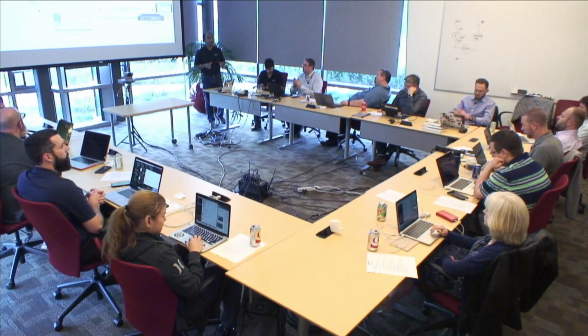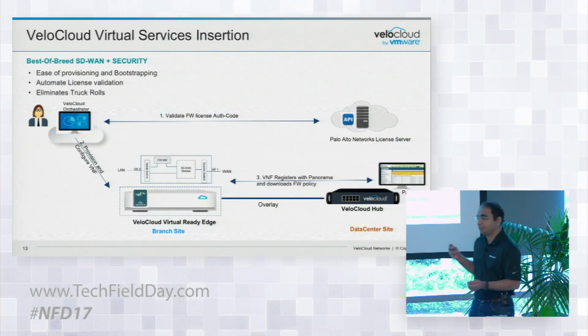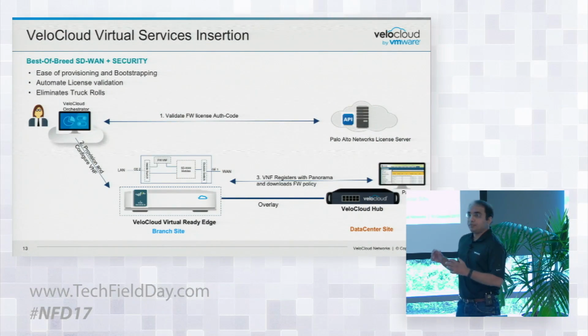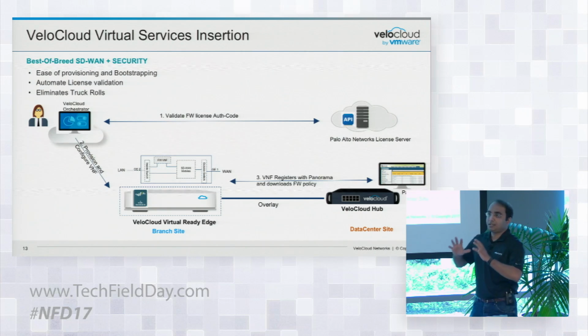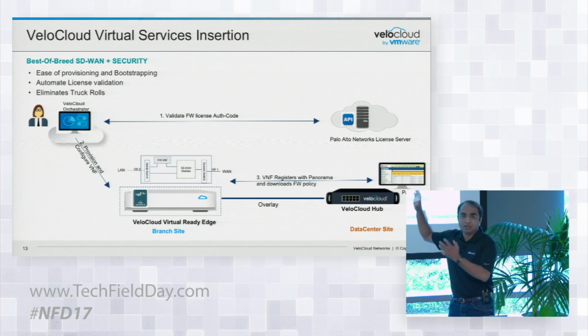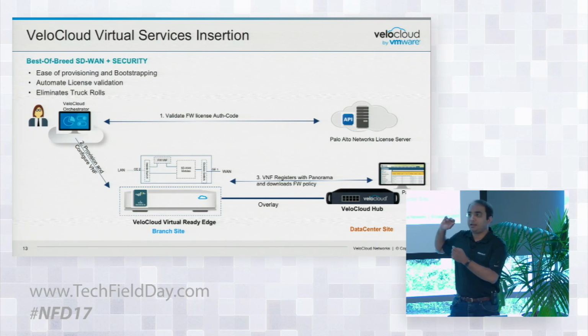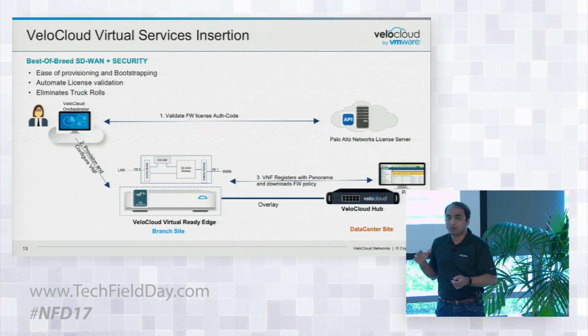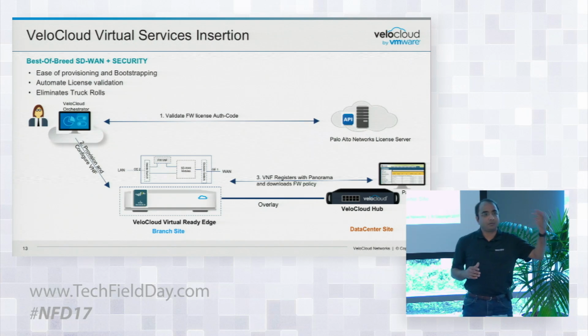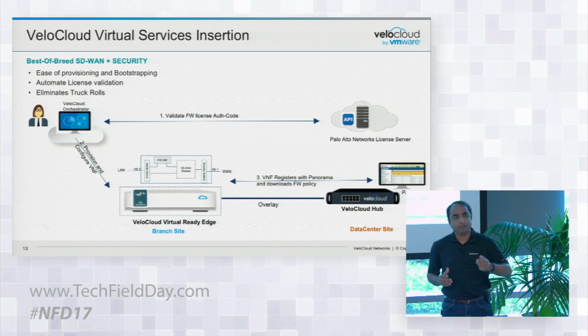And this demo is mainly to show how we integrate a standard third-party security service or a VNF on our VeloCloud Edge, virtual ready edge device. So in the workflow, it's basically a simple three-step workflow that we follow. One is we automate the license validation of the firewall itself. And once the license of the firewall is automated, then we go ahead and configure and deploy the VNF onto